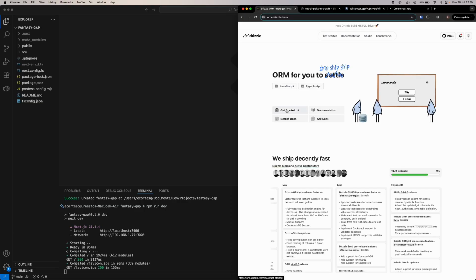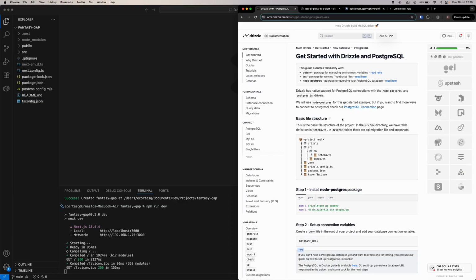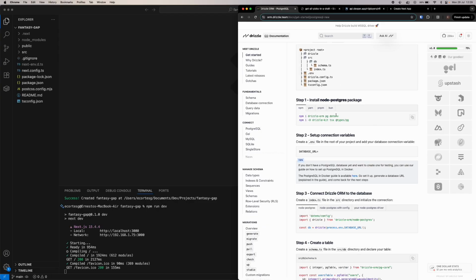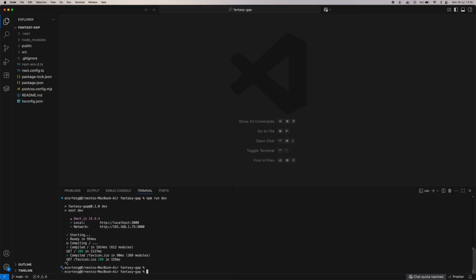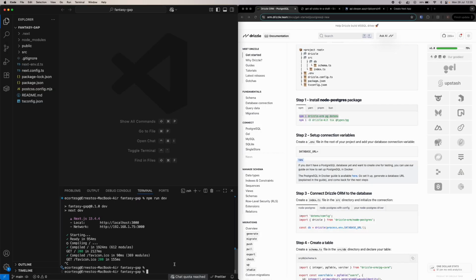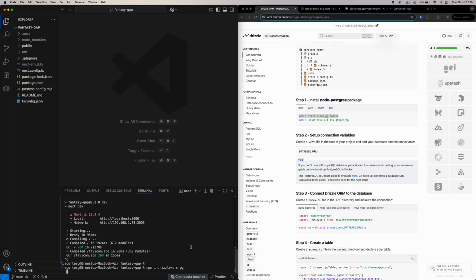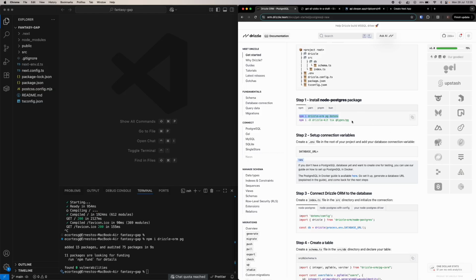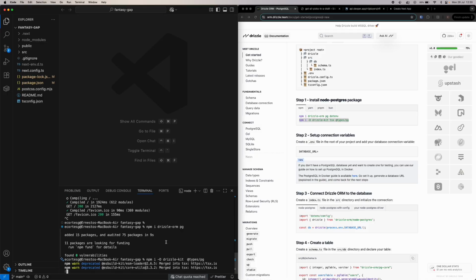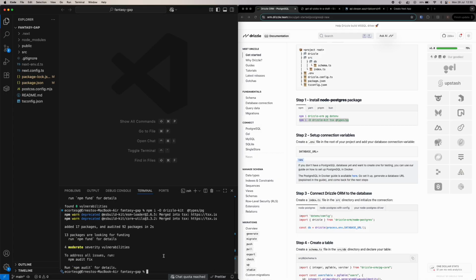Next up, I'll install Drizzle. So let me go to get started, Postgres. And here, let me copy this and stop my app. So I will install Drizzle ORM and pg. Let me delete .env, we won't be needing that. Okay, once that's installed, we just install these dev dependencies. Let me just delete tsx. Okay, so once that's installed,